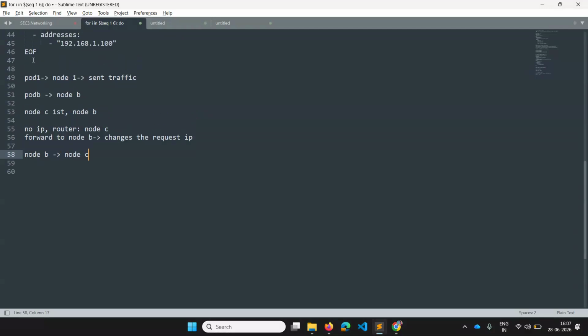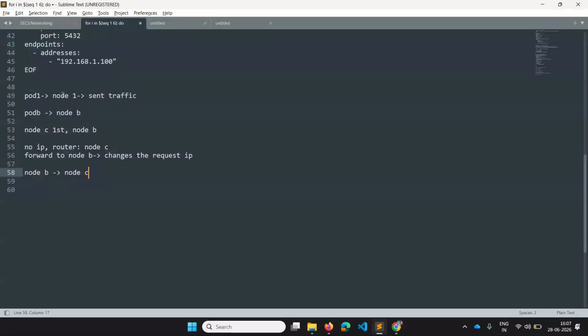Node B thinks that the gift it gets is from node C. It doesn't know that it got the gift from node 1, because node C has wrapped it by writing its name. So since I got the gift from someone and it is a wrong gift, I have torn off the wrapper, and while writing the name, intentionally I wrote my name, saying that I am sending it to that particular person.